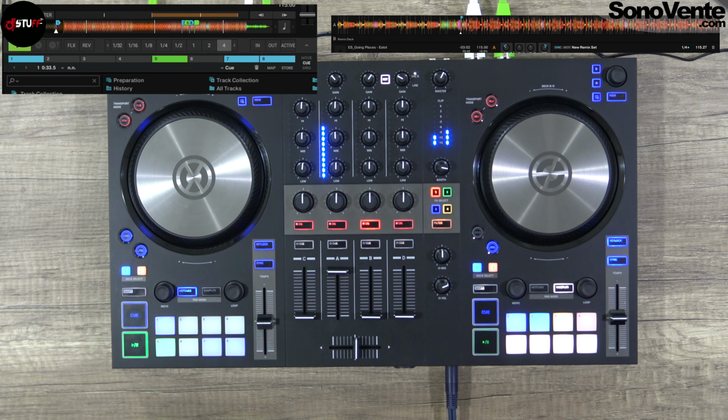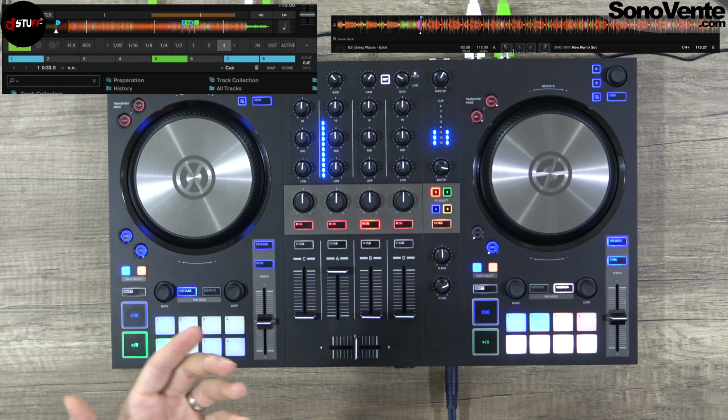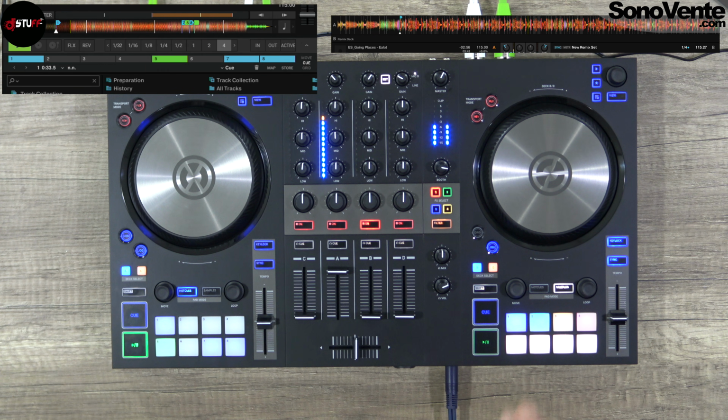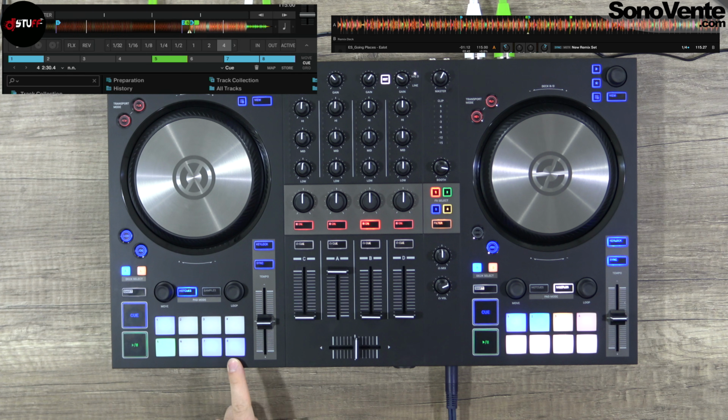Flux mode, like the flux on the reverse, allows you to make some manipulations, but the track still plays underneath. So when you put maybe a hot cue like that, every time you touch it, you will start the hot cue.